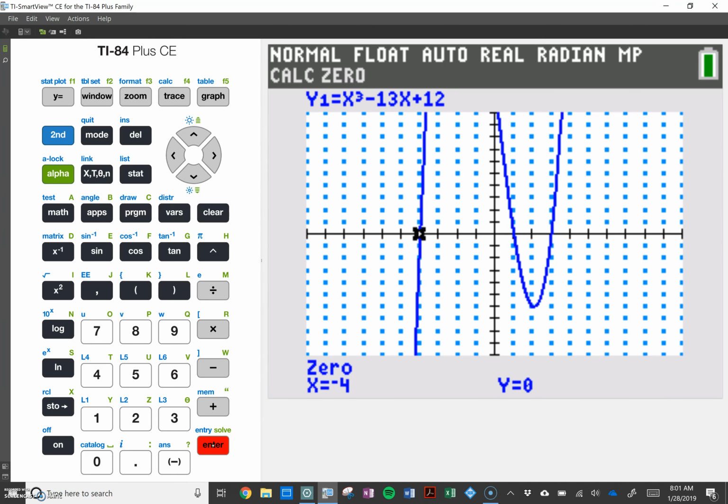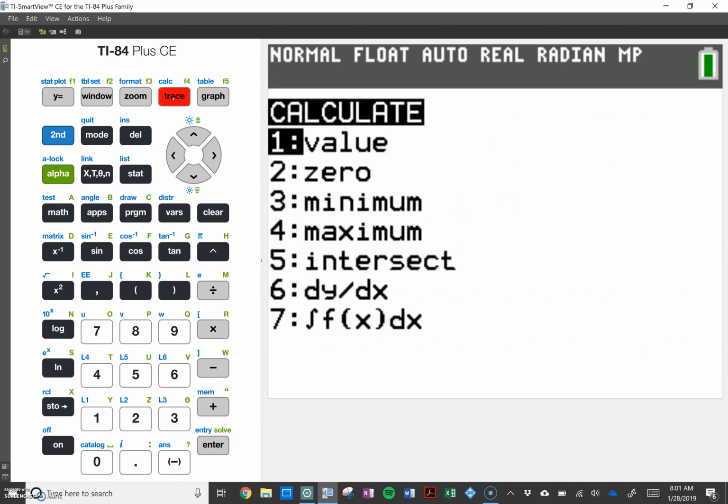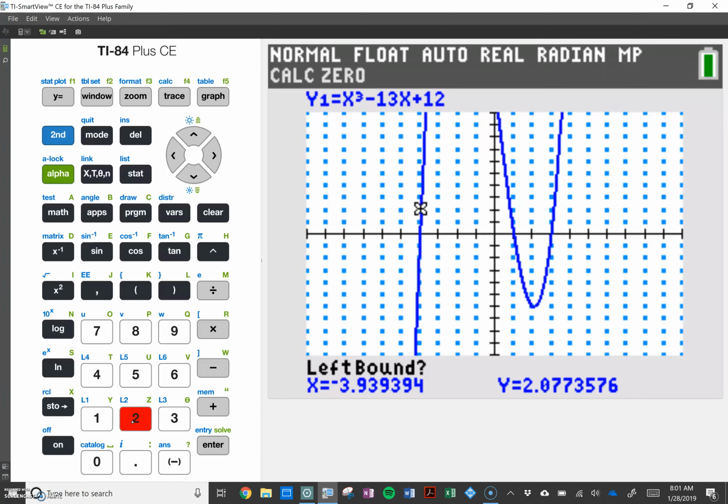Now we're going to do this again just to practice. Second calc, 0. And now I need to move my cursor so it's going to be over somewhat close to the x value of 1. I do know that that's already the answer, but nonetheless, we're going to watch the values at the bottom of the x values down here where it says left bound. And as it starts to get close to 1, you're going to see that cursor appear. Now this time, the little x spider is above the x-intercept, and that's because it needs to be to the left. And so I hit enter,